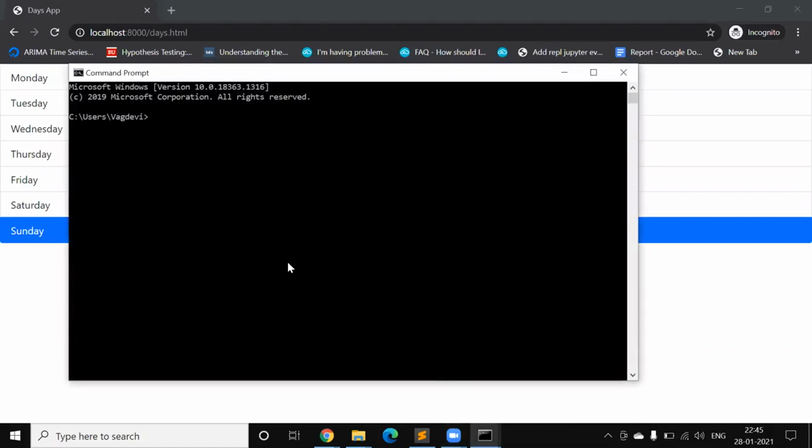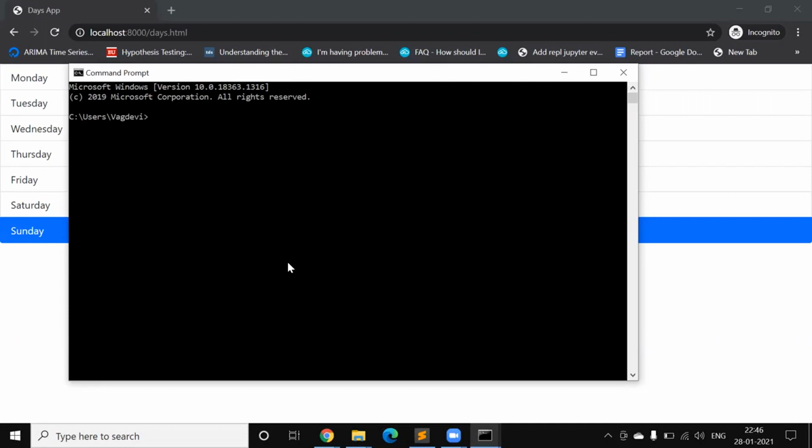One is the usual method using docker ps, which lists all the actively running containers, and based on the container ID we can stop it using docker stop container ID. That is the first method. The second method is to go to the project directory where the Docker Compose file is written and use docker-compose down. We will see both methods.